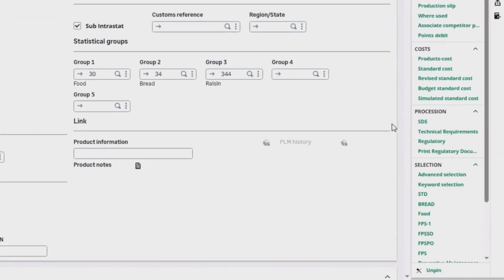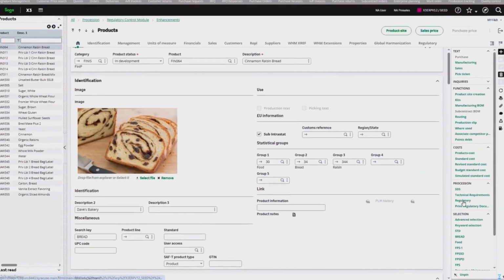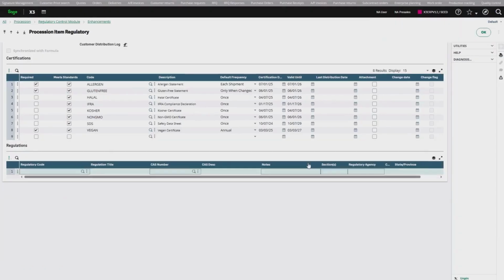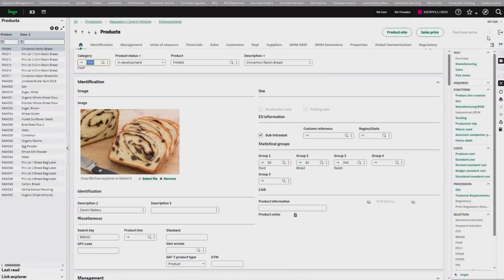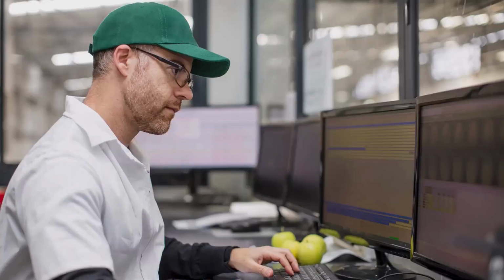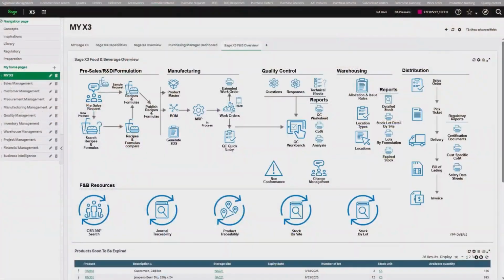Regulatory compliance and documentation. Sage X3 also centralizes compliance docs, flags recipe issues, and streamlines audits, making inspections efficient and less disruptive. With these controls embedded in the Product Master, the bakery responds swiftly to issues and stays ahead of compliance. Returning to the food and beverage manufacturing overview map, let's shift focus to warehouse management, where Sage X3 ensures